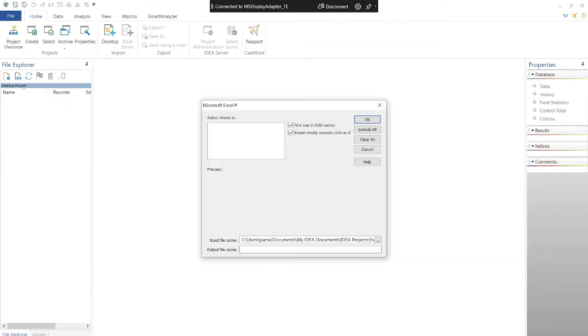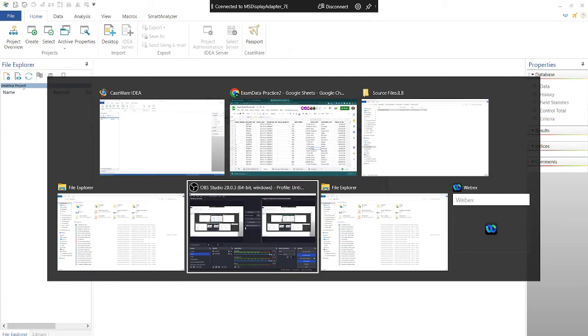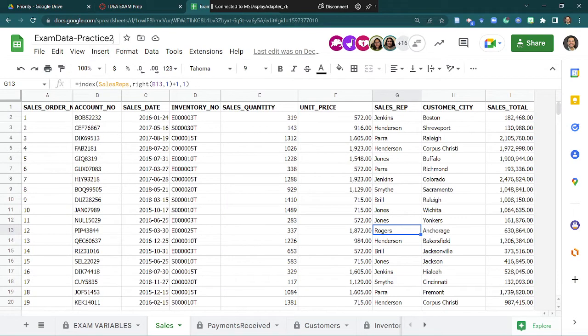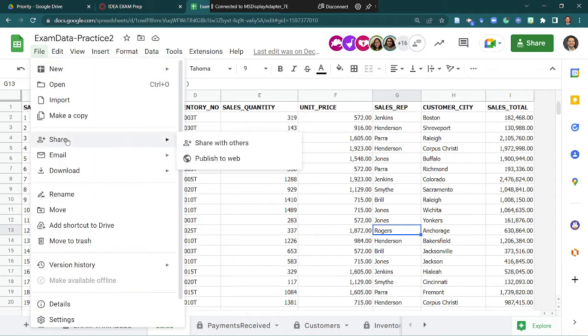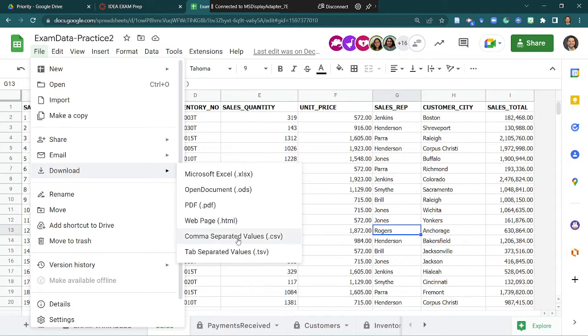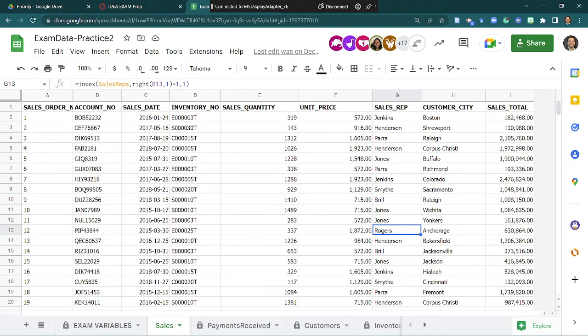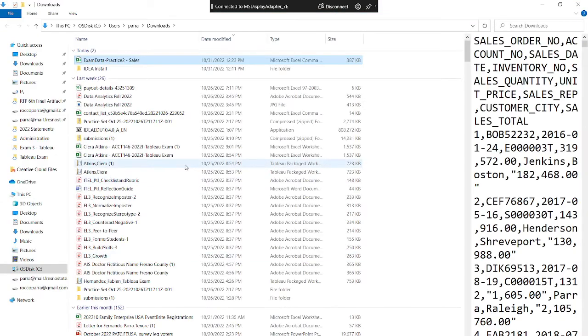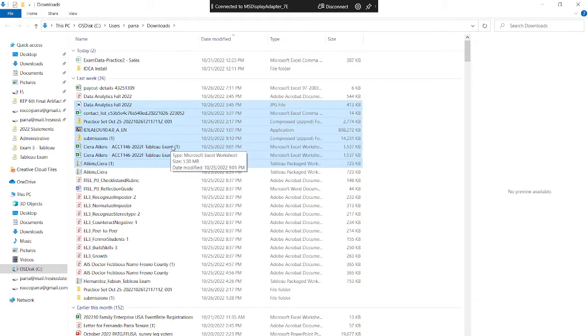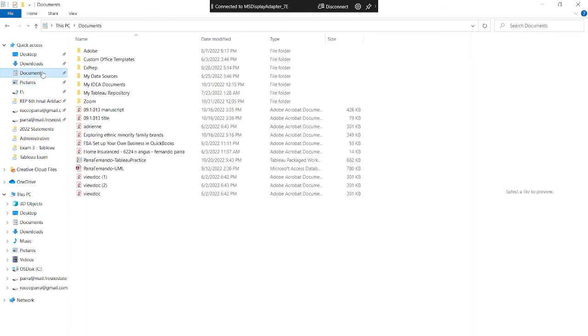Okay, so what do we do at that point? The next best thing. So what we gotta do, Jaime, is forget about Excel. We're gonna grab the sales sheet right here from your Google Sheets, and we're gonna download that as a CSV. CSV, right? Comma separated values. And obviously that's gonna come in as a CSV download into my downloads, and you wanna change that again by moving that into your documents,